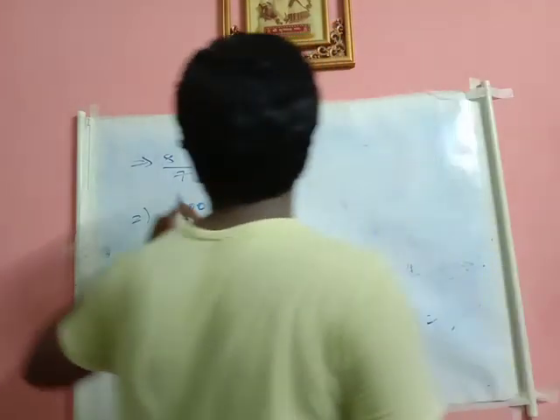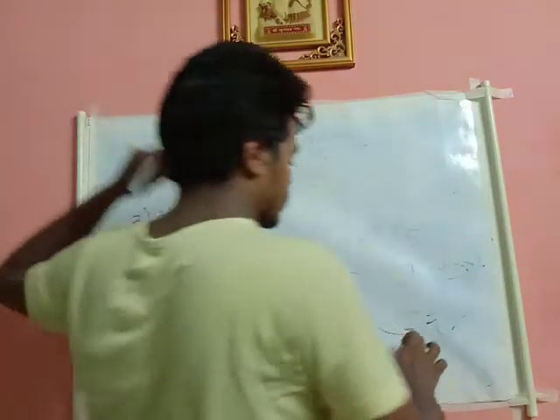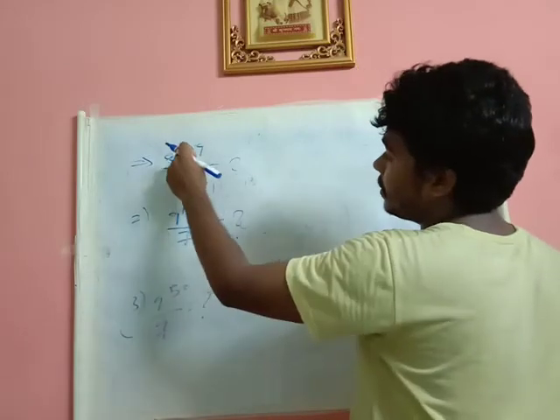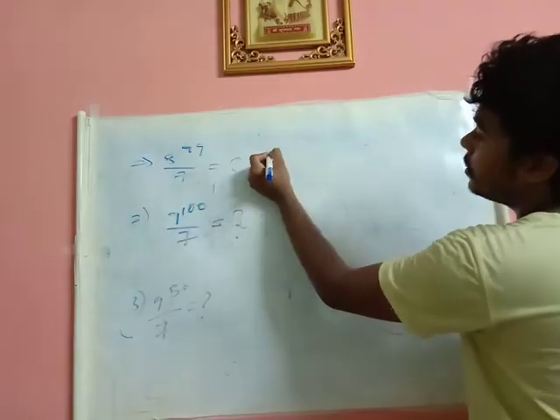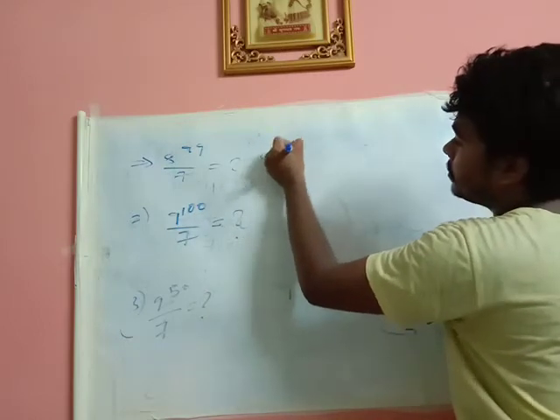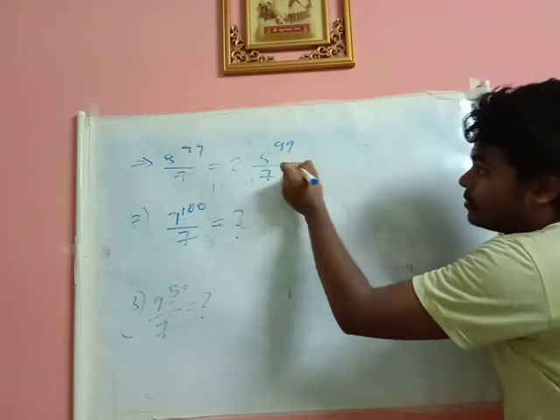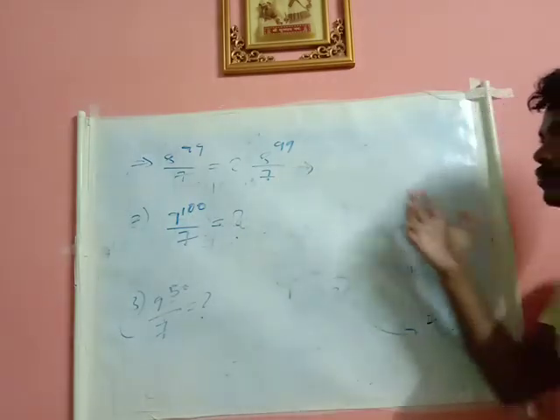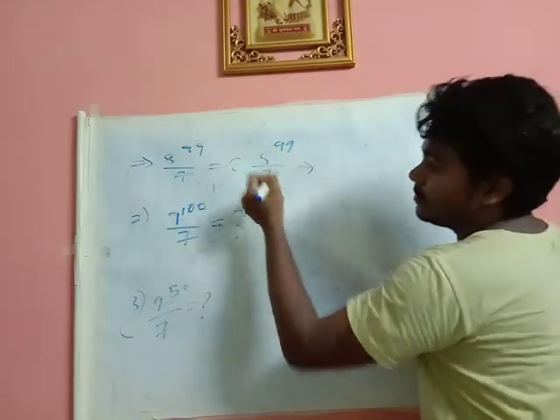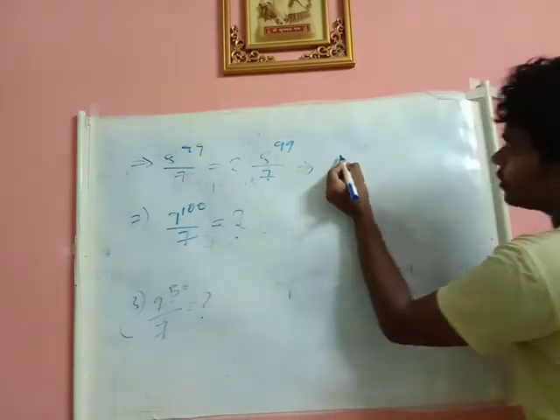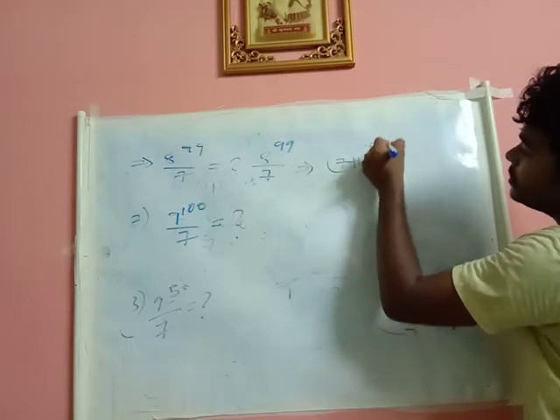Now see, these are some of the previous questions which were asked. They are asking what is the remainder when 8 power 99 is divided by 7. So how should we do these types of problems? See, initially you convert 8 to 7 plus 1. How can you do that? You can write 8 as 7 plus 1. So (7 plus 1) whole to the power of 99 by 7.